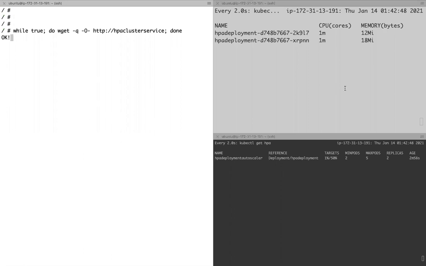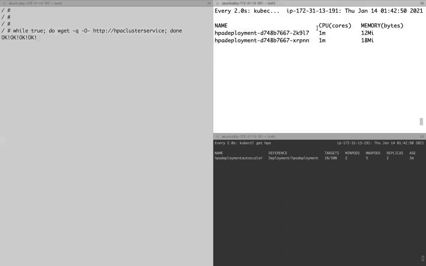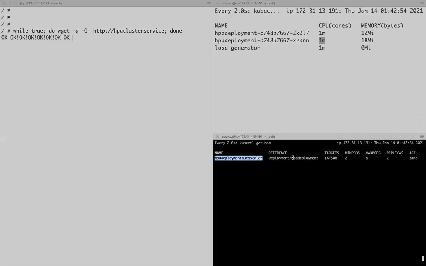Now you observe, slowly what will happen? The CPU utilization goes high. Since I have an HPA created for this deployment, what will it do? Once it reaches more than 50%, this average, once it goes beyond this 50%, a new pod will be created.